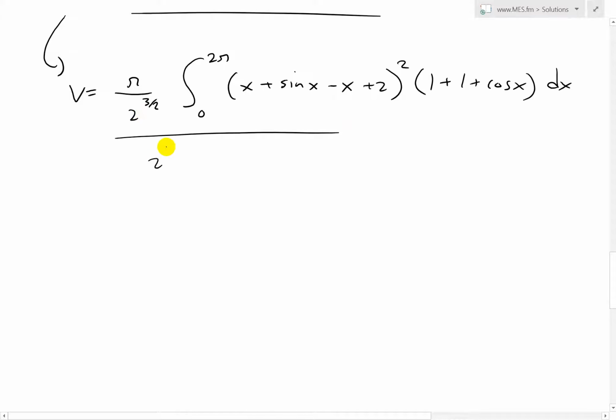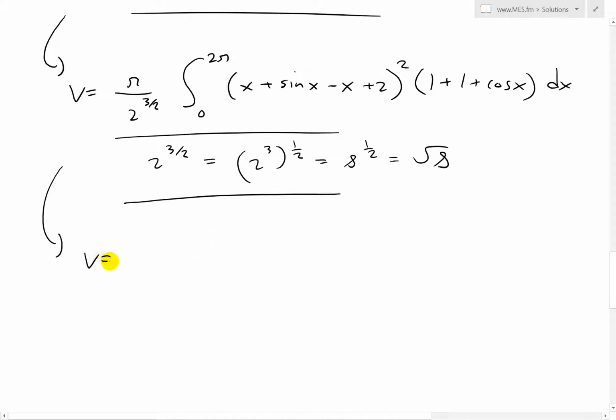This 2 over 3 over 2 is the same as writing it as 2 to the power of 3 and then to the power of 1 half. This equals 8. 2 cubed is 2 times 2 is 4, times 2 is 8. So this is 8 to the 1 half. You could just write this as square root 8. And then simplifying this next step, we get v is equal to square root 8